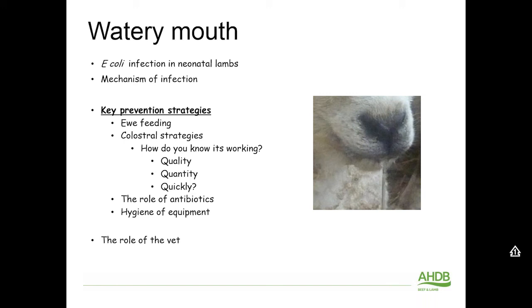I'm a big believer that colostrum is one of the biggest drivers of successfully managing watery mouth on farm, because it's going to provide that IgG, that protection, that energy, that immune system, and it's absolutely essential. And we see bigger challenges with watery mouth when there's another reason for colostrum being an issue. So, for example, the ewes are too thin, there's chronic or poorly managed fluke, or there's been an issue with feeding. Watery mouth is the barometer for what's previously happened,